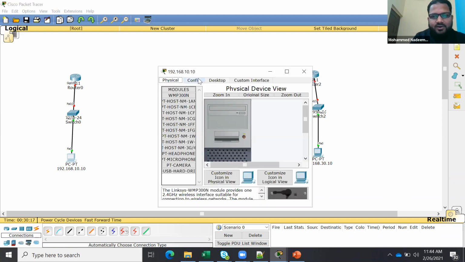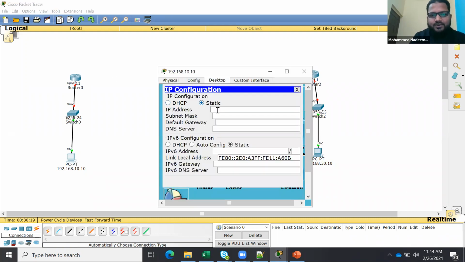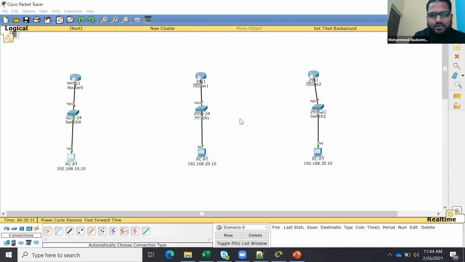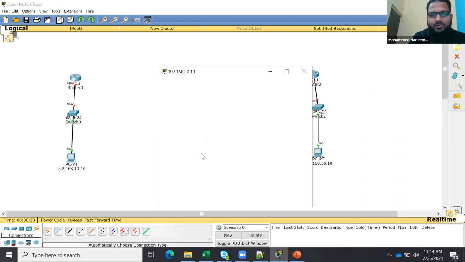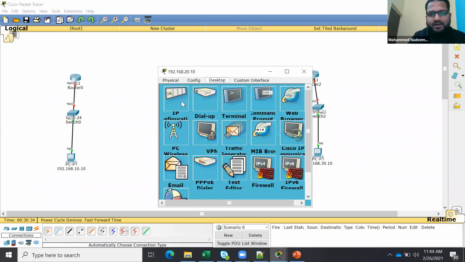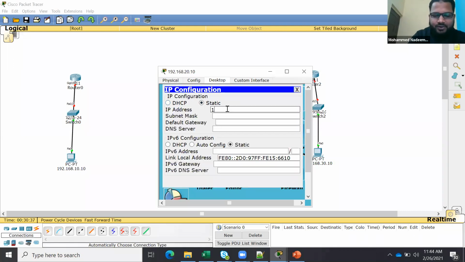So let's start. I always start from the basics. So I'm giving 192.168.10.10, and I'm also defining the gateway 192.168.10.1. This is what I planned. So always plan before going to advanced things. Always go from the bottom and try one by one.